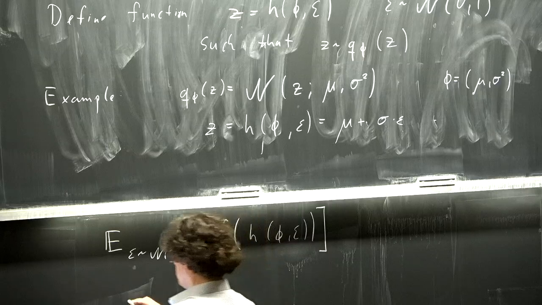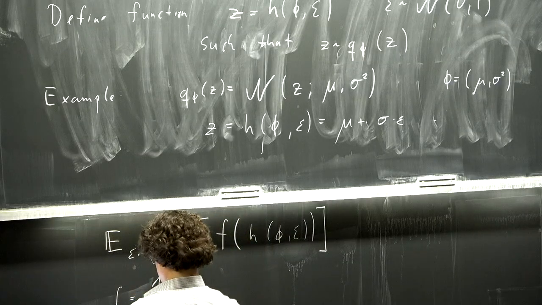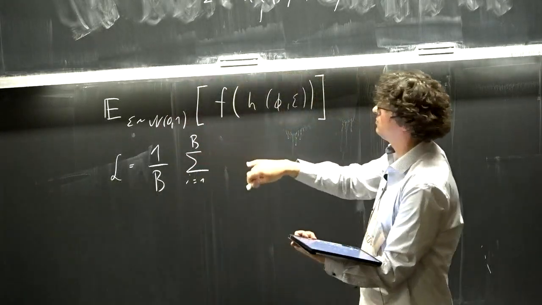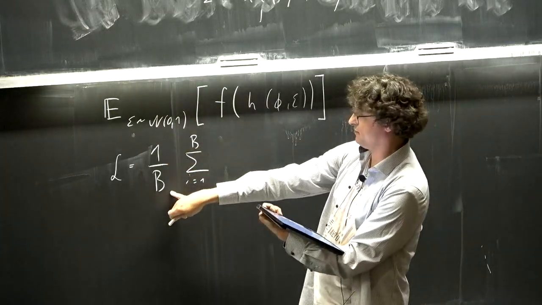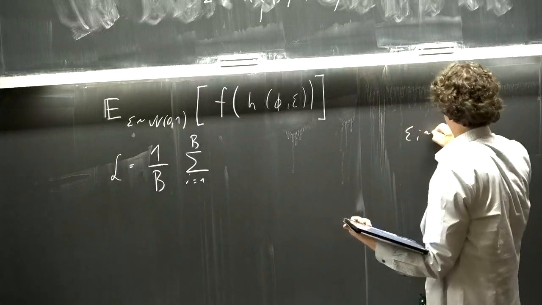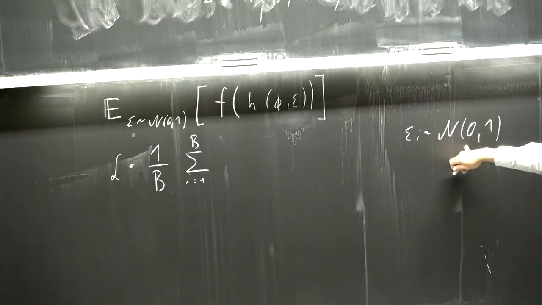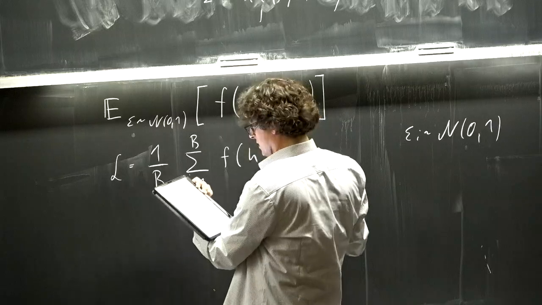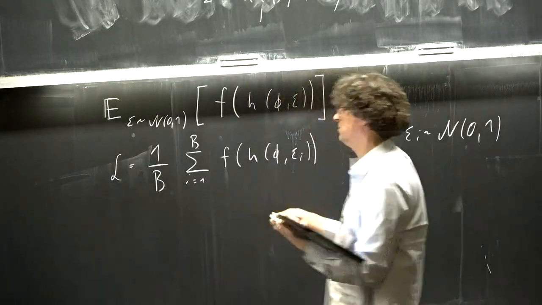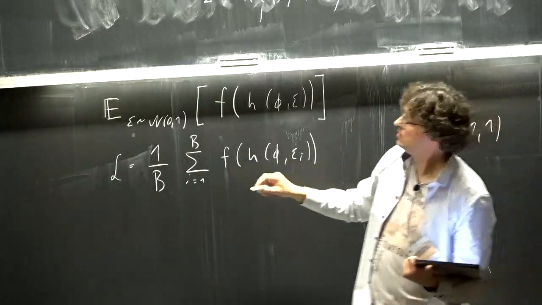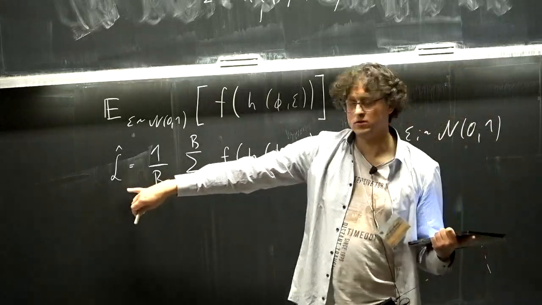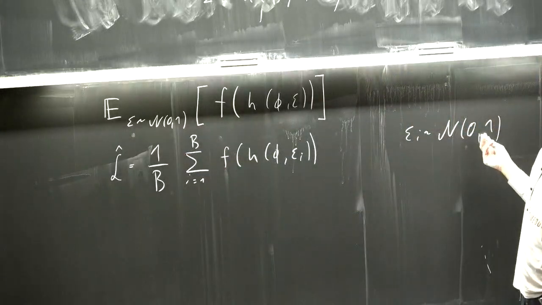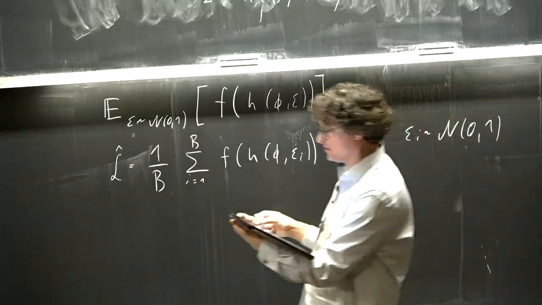So more concretely, if you have a loss function, so a loss function could look like this. We have mini batches here, or batch size b, and then we would sum. No, it's not a loss function. It's just this object here. So we would here, let's say, have b samples from the standard normal distribution with mean value 0 and variance 1. And now we use this here, right? We just write here an expectation value for our loss, right? So this is now just a Monte Carlo approximation to this average here based on B samples from the standard normal distribution. And now when we calculate the gradient of this object,